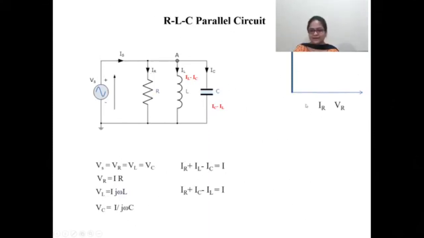Okay, now let us see that this is the phase of voltage. As we all know, the phase of voltage across resistor is same as phase of voltage across inductor. It means that this is the same phase of the voltage across inductor. Now when we are saying this is voltage phase, we need to draw the current phase. So current phase across the inductor will be lagging the voltage. So we have to draw a downward arrow to show the current across the inductor.